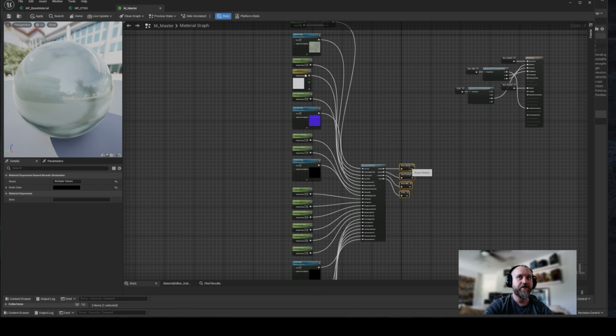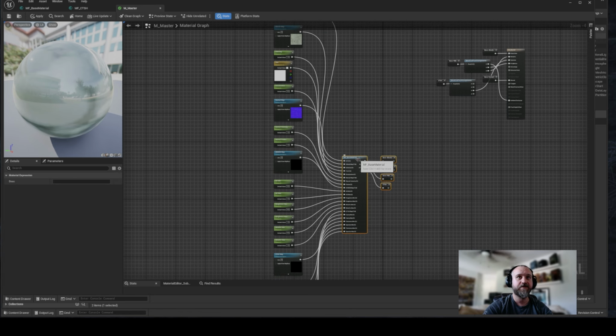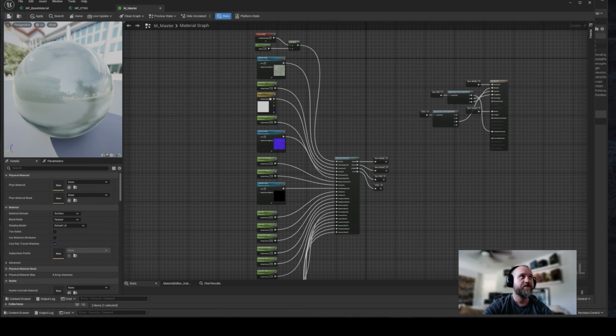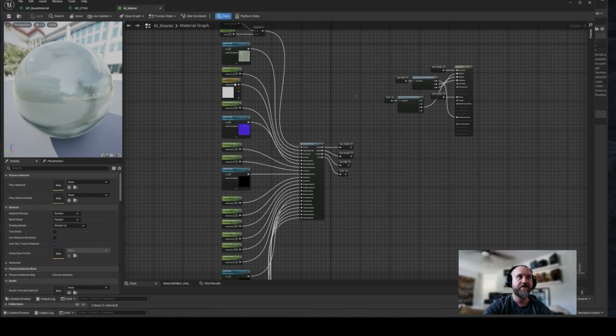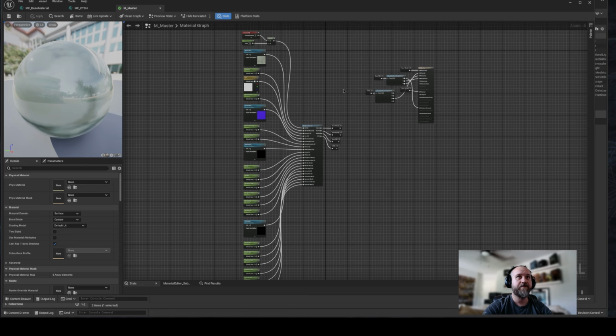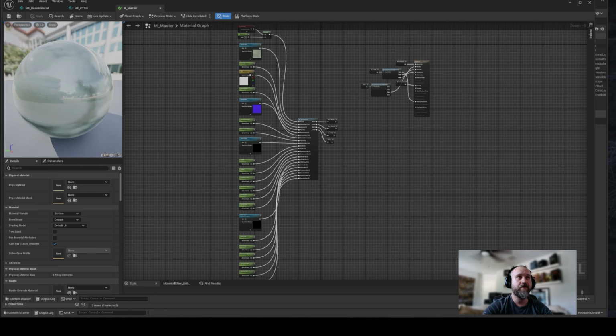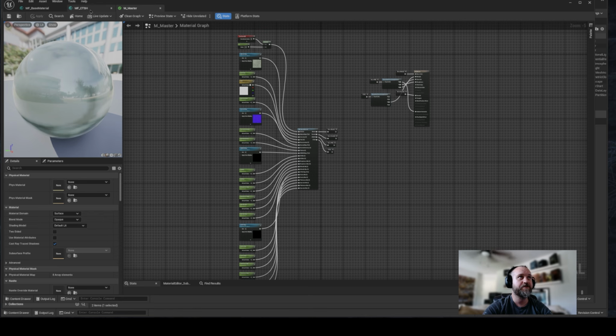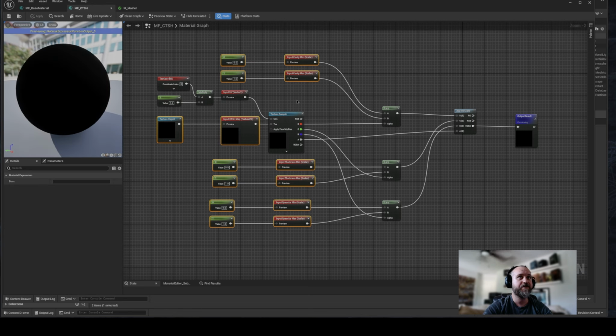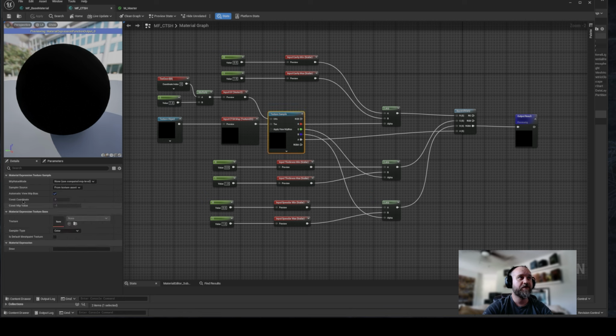There's one more optimization that I want to make, and this has to do with the texture samplers themselves. Textures have a maximum of 16 samplers. However, there is a way around that. If we go to our material functions, let's start with our CTSH, and we come to our sampler, you're going to see over here the sampler source. If this is just left as texture asset, it's going to use up a sample slot. But if we instead come to this and do a shared wrap,